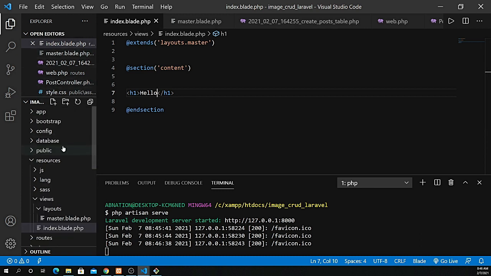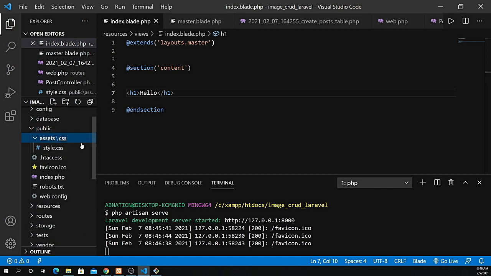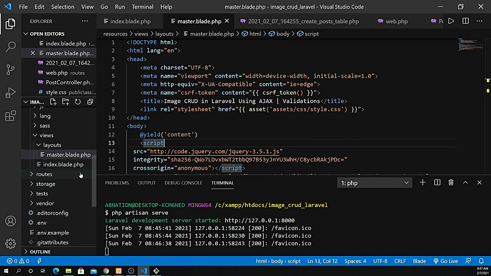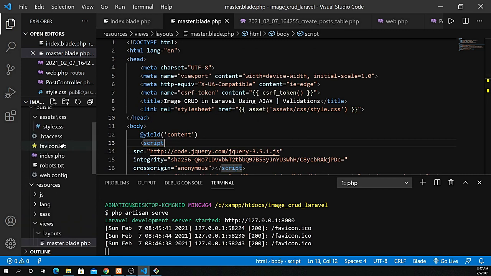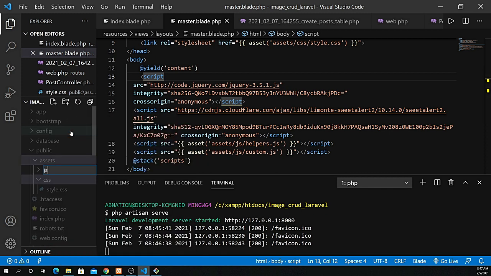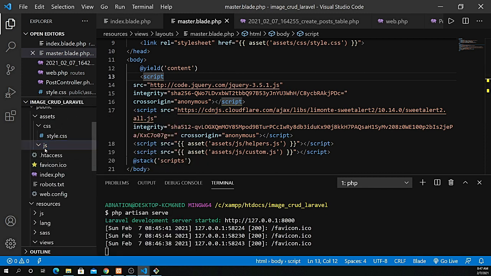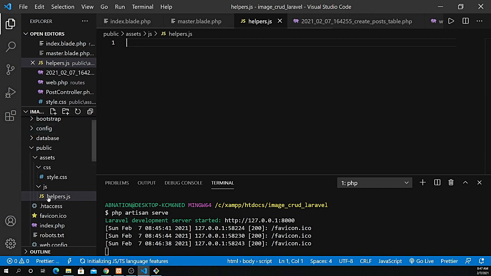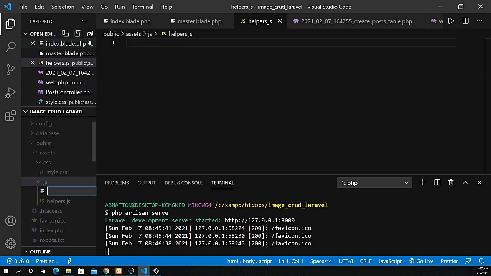I need to collapse that out, and let's create here, as I have shown you, we have the path inside assets CSS. We have a file which I haven't created, so let's create a file. Yeah, I created the style.css, but not for my JS. So inside assets, let's create a folder with the name of JS, and inside JS let's create the first file for the helpers.js, which is for my sweet alerts, and next I'm going to create my custom.js file